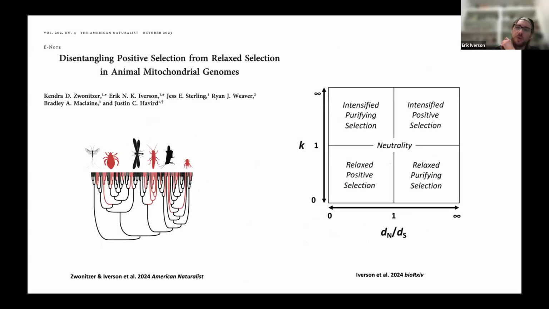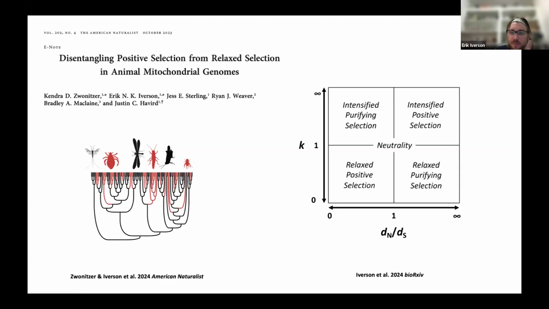And essentially, we need to have a framework here where we can differentiate positive selection from purifying selection. And so we want to work with both the dN/dS value and also this value called the K value. And some work that's come out of my lab, we've worked up a technique where by looking at both of these values in a phylogenetic framework, we can begin to isolate whether evolution is neutral or whether we're seeing actually intensified positive selection versus relaxed selection or other things that could be going on that are driving dN/dS